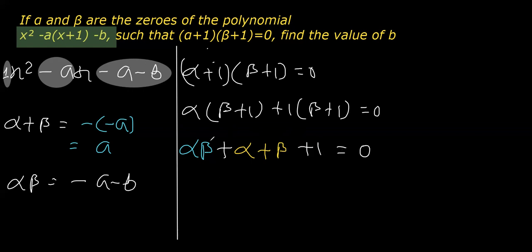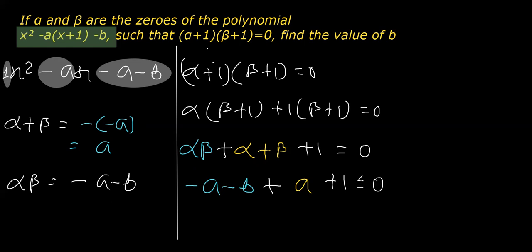Now, we know the value of the product of the zeros as minus a minus b. So I'm going to replace this value from here, that is minus a minus b. Now, we can see that we know the value of the sum of the zeros also as a positive a. So I'll write it here as a only, and plus 1